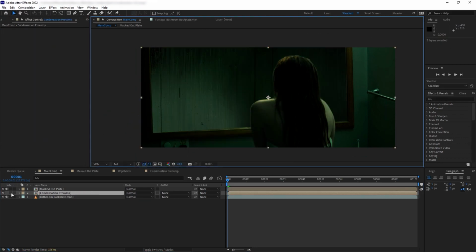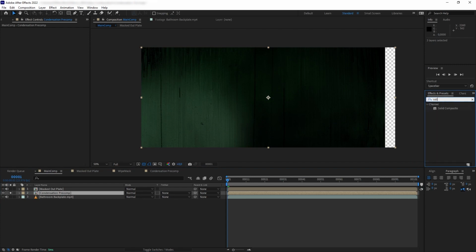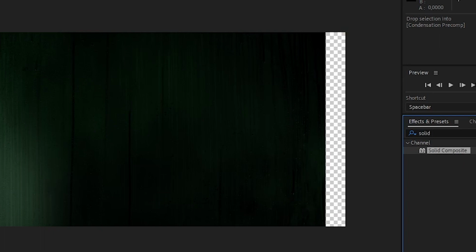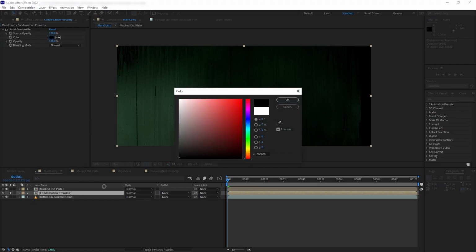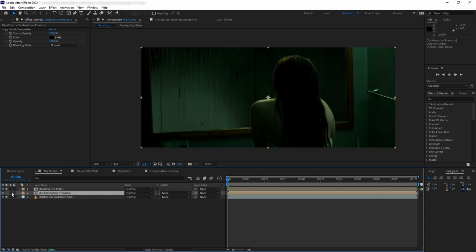And here we see that the transparent background that we got rid of previously is not being brought back outside of the pre-comp. So we are going to fix that. We are going to remove the black background again. But instead of using screen, this time we are going to remove the black background with an FX preset. First, let's add solid composite. This effect is basically just compositing a flat color on the background of our layer. So let's change it to black. This helps even out the color of our background.